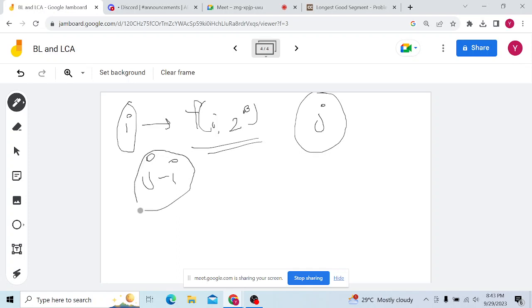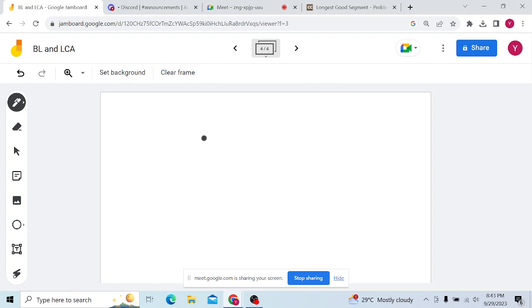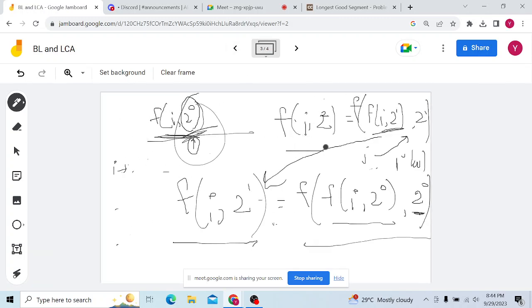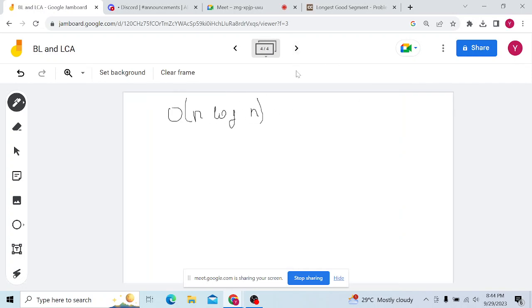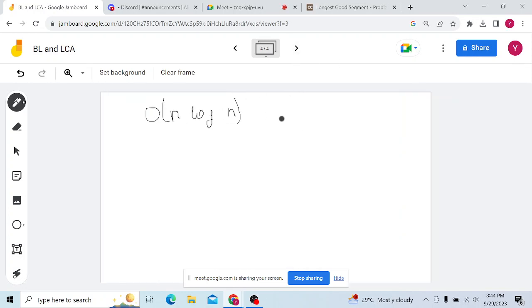And you need to maximize this j minus i. That's all. So overall, this can be solved like the initial part is order of n log n, as for each one you need to pre-compute, for each log n of bits it's only order of n, because the function here is nothing but an order of one function, because this is already pre-calculated, right? And f of this comma this is also already pre-calculated, so it's order of 1, and we have order of n log n for that upper bound thing, and if you use two pointers then it's again order of n,